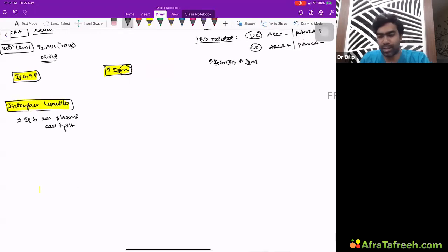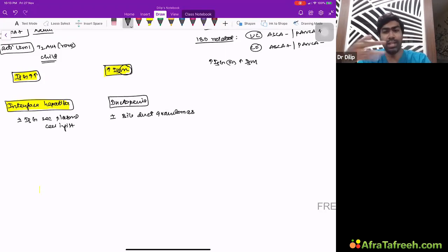And what you will get in primary biliary cirrhosis is typically ductopenia. Once again, this is a non-specific finding, but a more specific finding is bile duct granulomas. Which means there will be granulomas centered around the bile duct, destroying the bile ducts. Because of that, you will have paucity of the bile ducts, reduced number of bile ducts. That's what we call ductopenia.